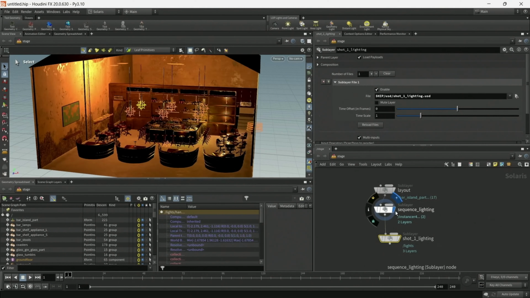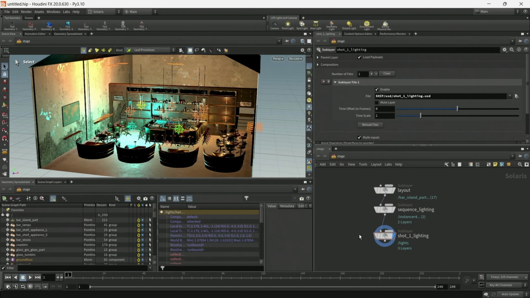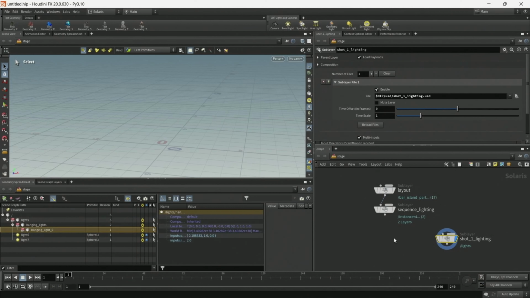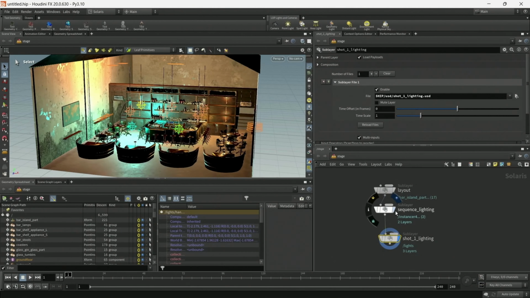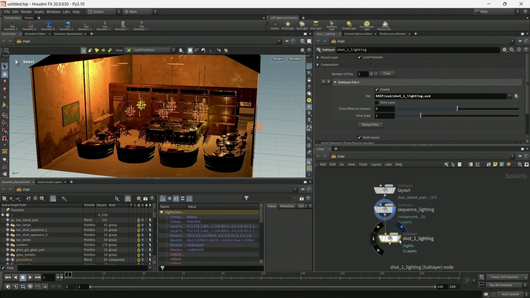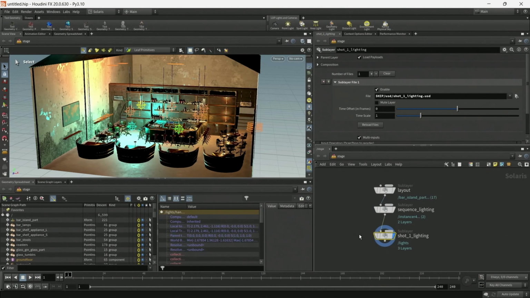And then the contributions of those departments could be combined to make a scene file that renders your final image.